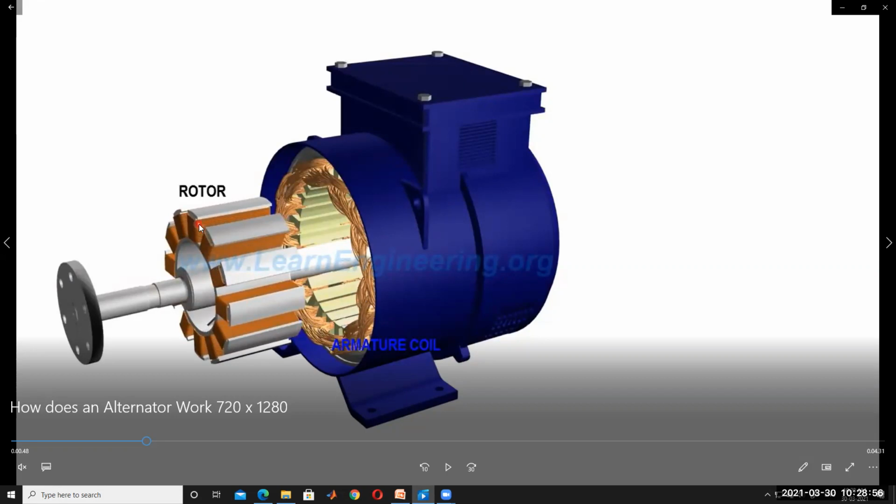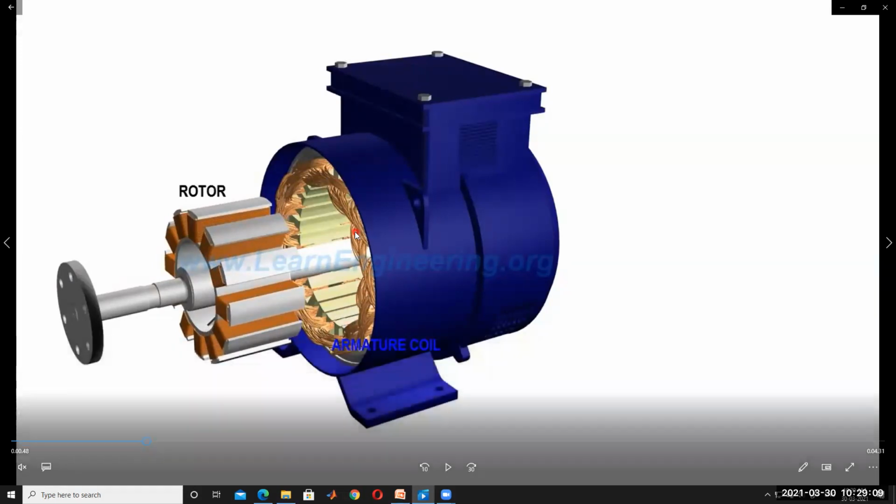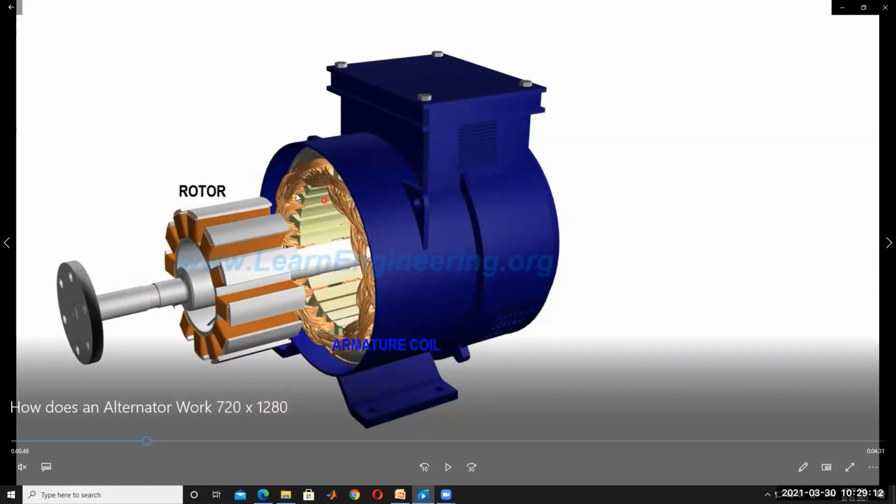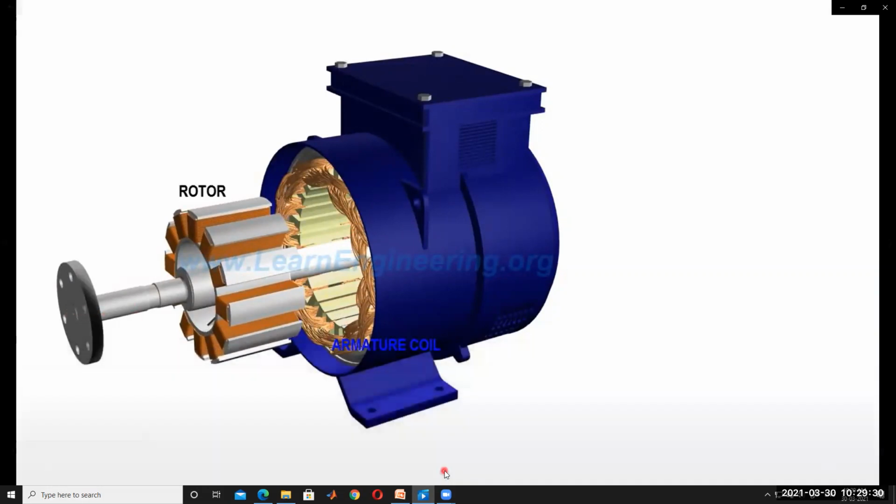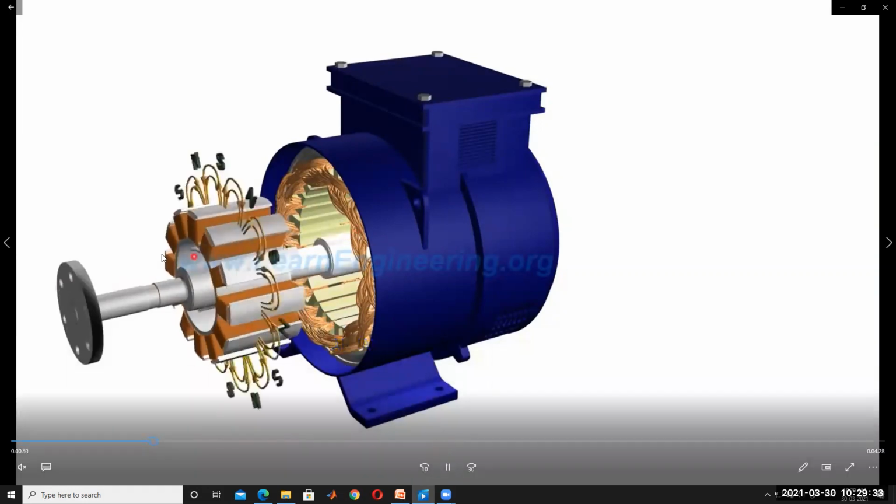So when the field winding is rotating, its flux cuts the stator conductors, and then EMF is induced in the stator according to electromagnetic induction. You know this well. The field flux cuts the stator winding, then EMF will be induced in the stator winding, and that EMF is collected from the stator. Like this the generator is working. This shaft is rotated by an external prime mover. So it is rotating like this.